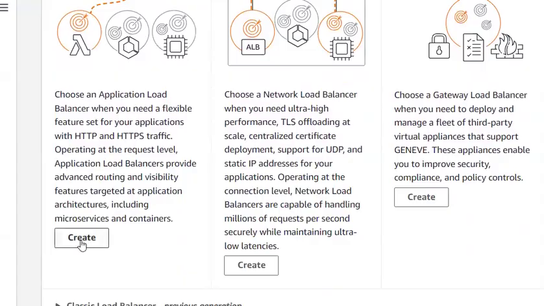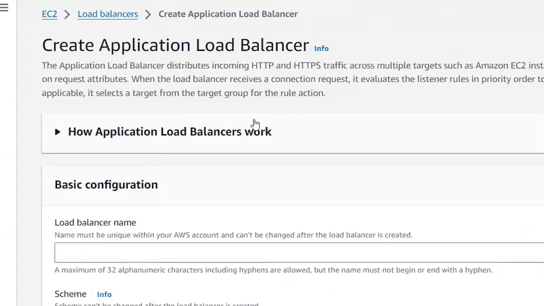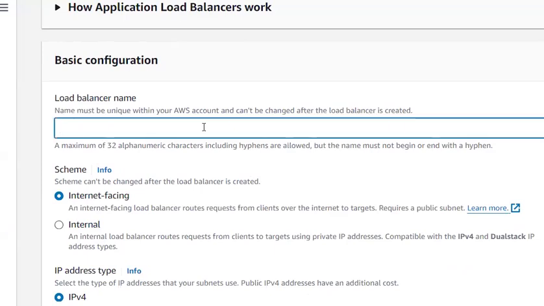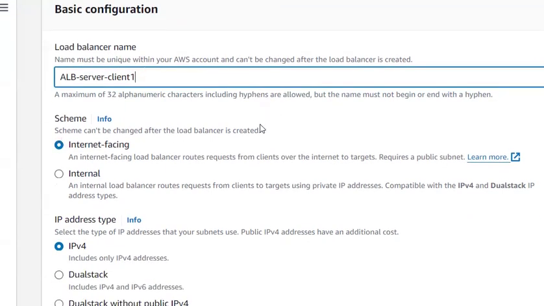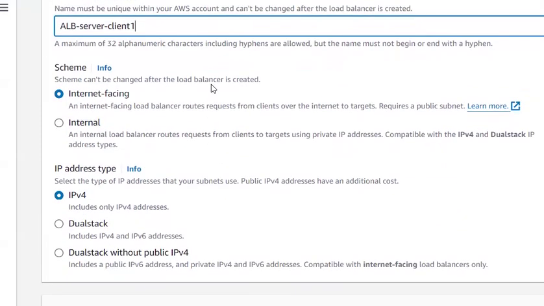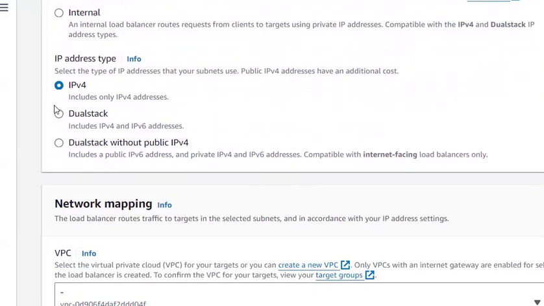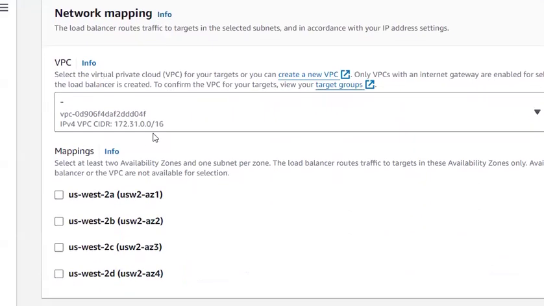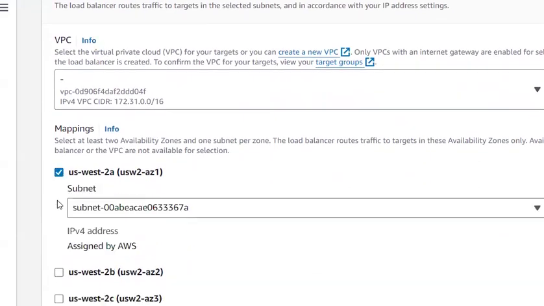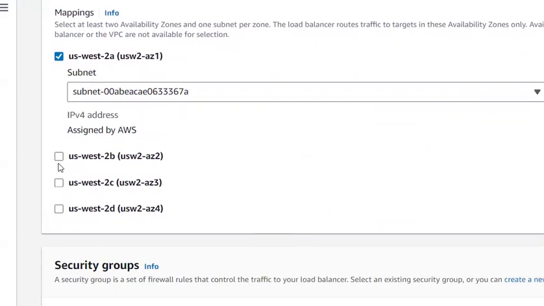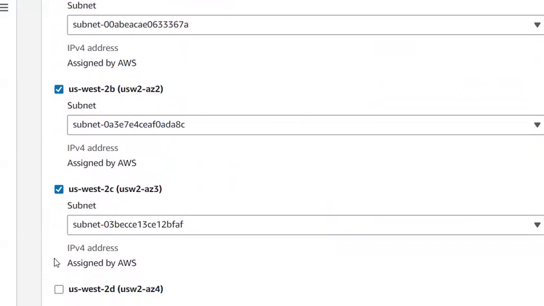So that's why I'm moving on with creating this application load balancer. I want to provide the name, that is ALB. In order to identify this among multiple application load balancers, you can provide your appropriate name. Now I provided my load balancer name like this. You can see it is internet facing and IPv4 address only. By default I'm putting it in this VPC and I'm selecting all the availability zones,